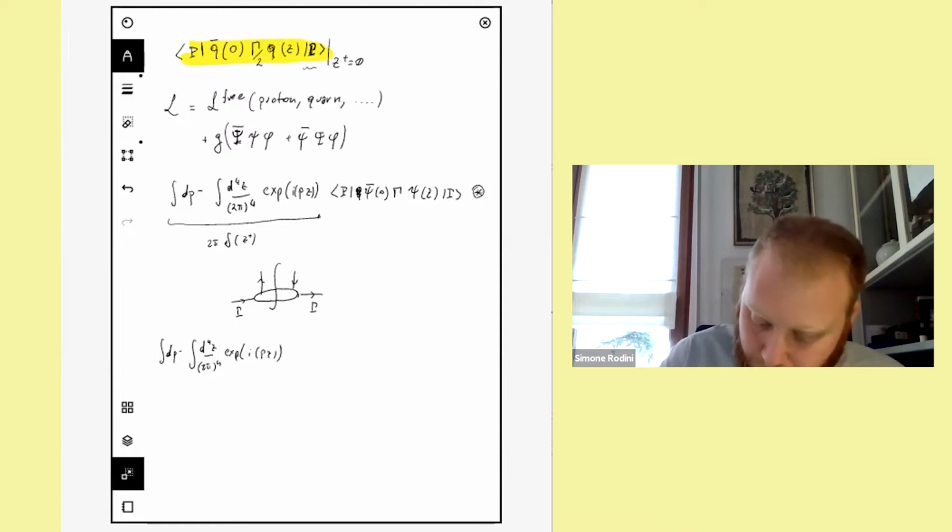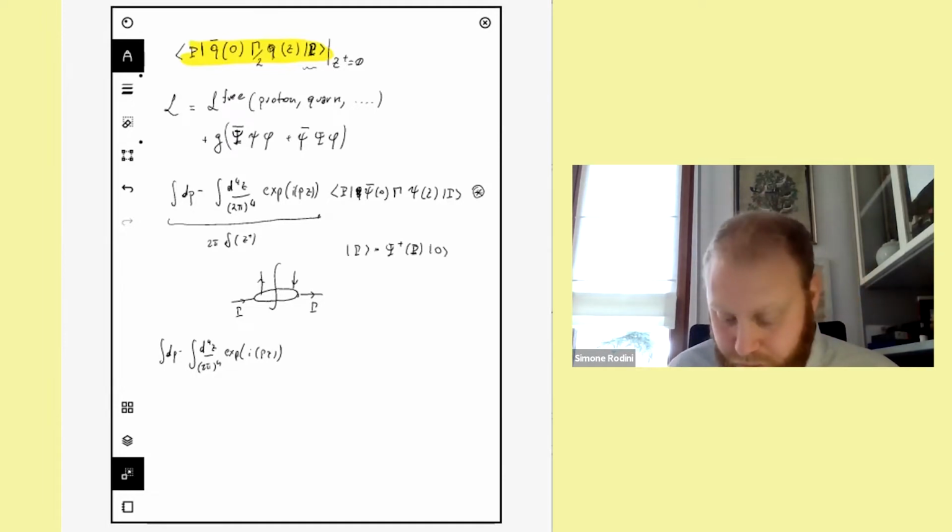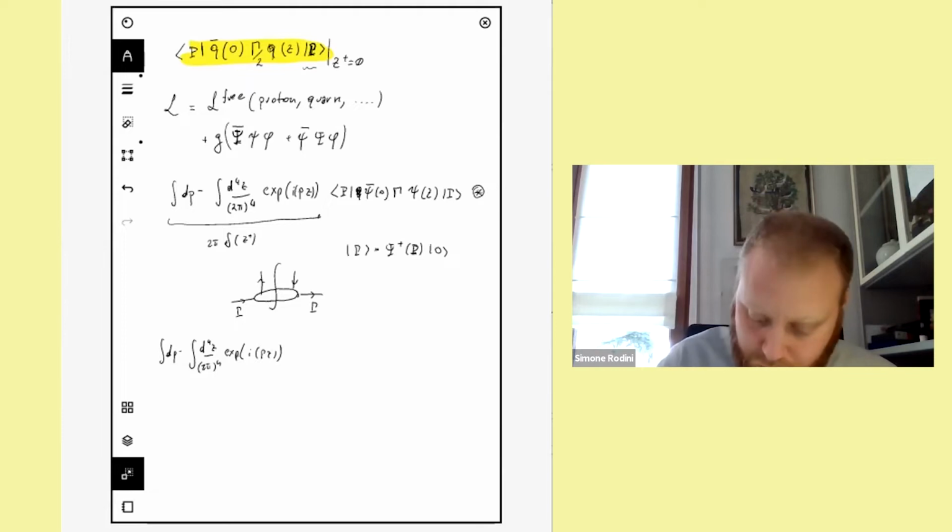Then the proton state is nothing else than the creator of a proton field with momentum p on the vacuum. Since the proton is a degree of freedom in your theory, you just have the creation of the proton over the vacuum. So you can write this as the vacuum matrix element of psi of p,